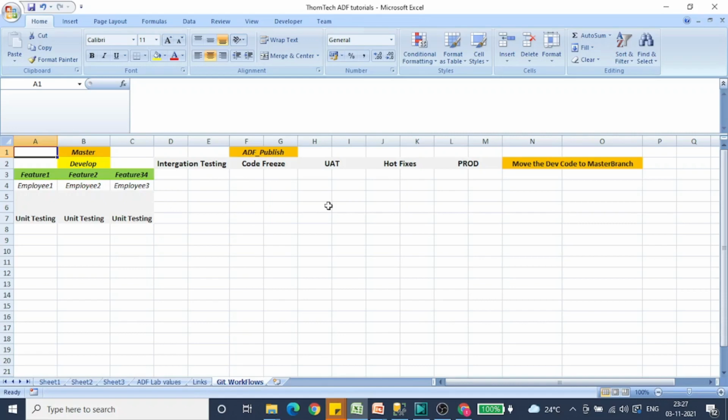And then once it's pushed into the publish, we will freeze the code and then we will send it to the UAT. So in the UAT, if there is any hot fixes or issues comes up, we will take it back, we will fix it, and we will follow the same process, and ultimately we will release that to the prod. So once it is released to the prod, we will wait for 1 or 2 weeks, and if there is no escalation or no flag or issue that has been raised from the customers, we will move the code from the develop branch to the master branch.